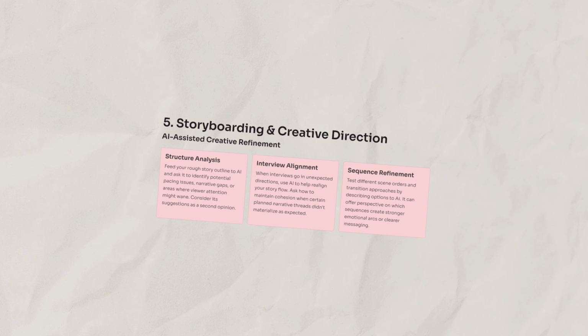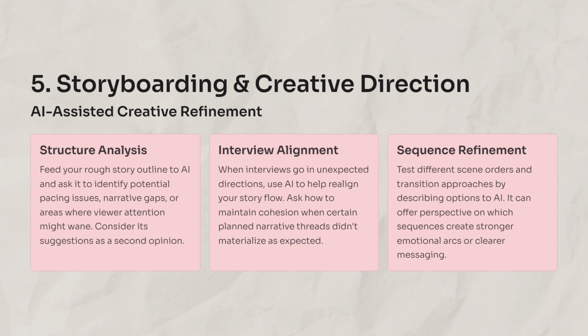But I ask it to help guide me, meaning I will give it my overall theme as far as what I'm really feeling internally for this video, based off the conversations that we had, based off the pain points that it pulled out for me, the overall vibe and feel for that video. And to say, hey, this is what we're looking at. I need you to look at this and tell me where can we improve. It's more just like tweaking the process, like getting you back on the rails just a little bit, and just to improve the quality of the creative direction on the video and also the storyboard